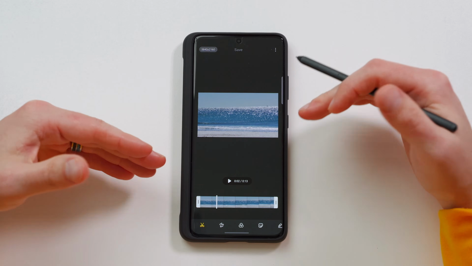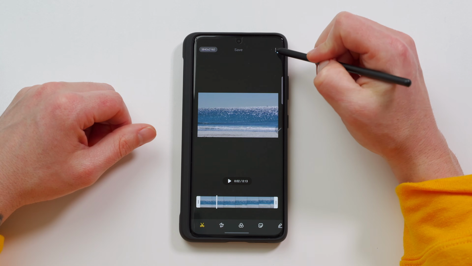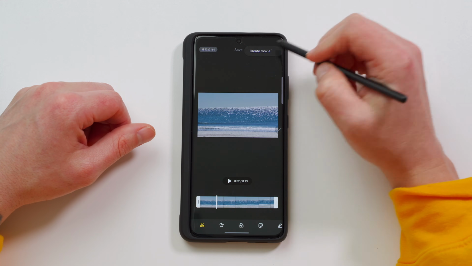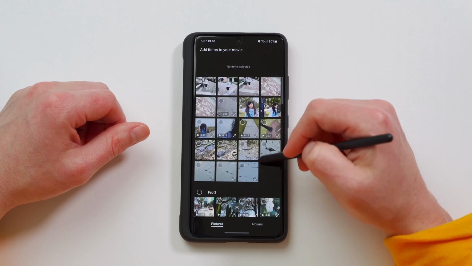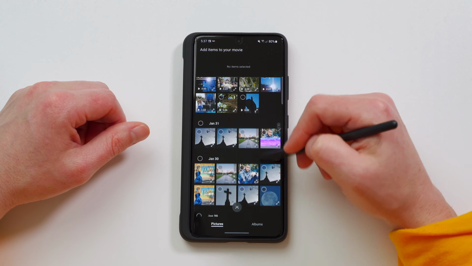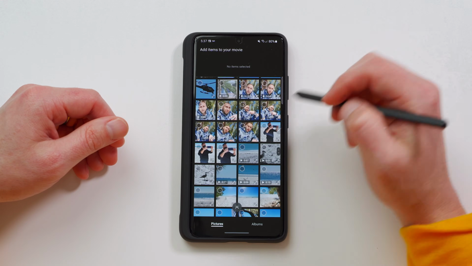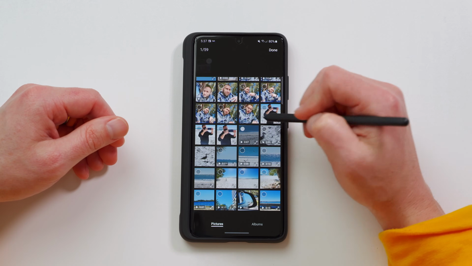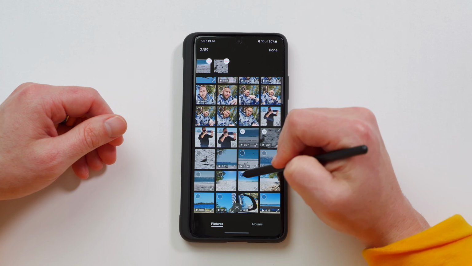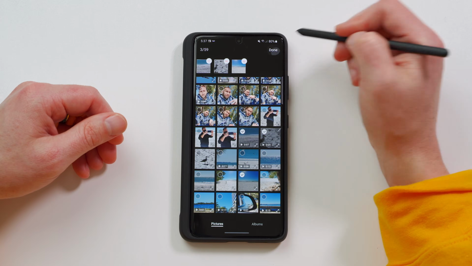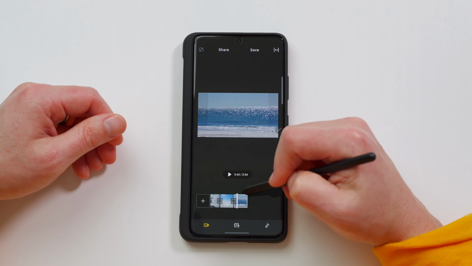So if you wanted to combine several video clips and create a movie, you can easily do that. Just tap on the three little dots right up here in the top right, and then tap on Create Movie. Now it's gonna pull up your gallery. Now select the other video clips or even still images that you want in your movie. So I'm gonna go ahead and select this one, and we will do this one. Once you're done, hit done, and it's going to bring all of your video clips and still images into a